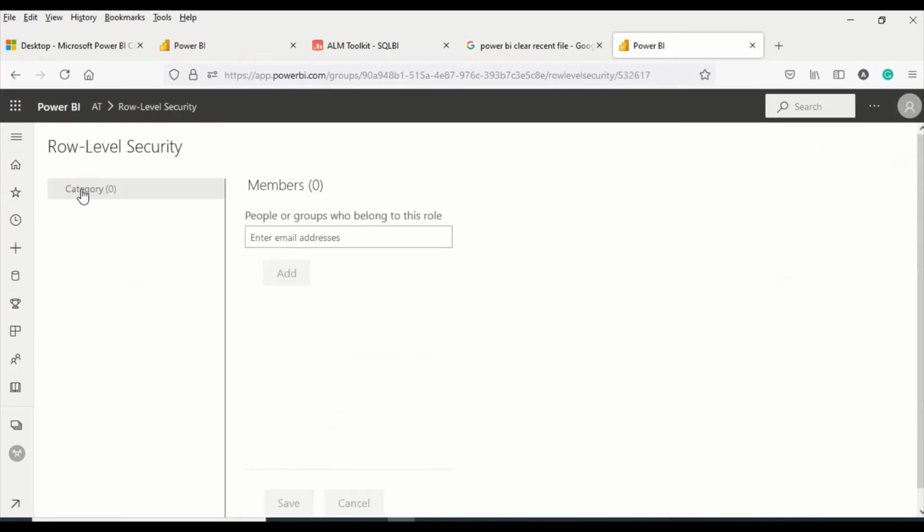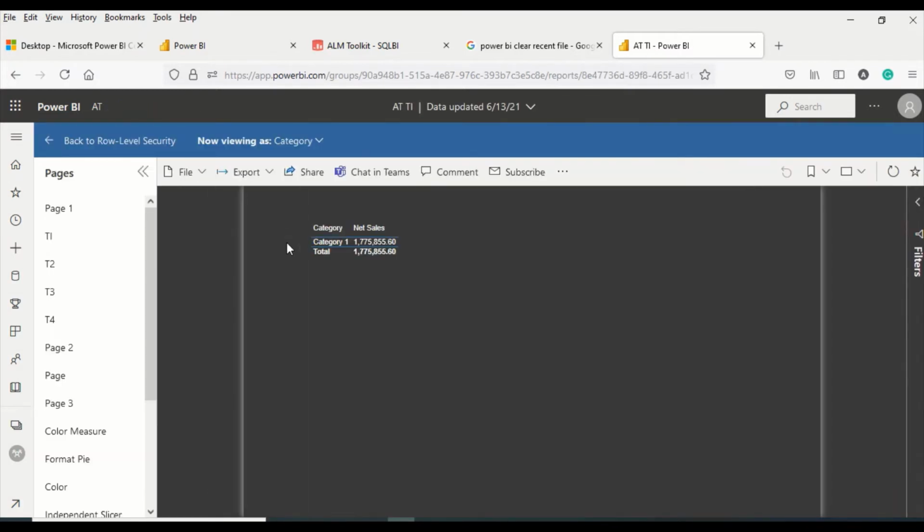And the moment I go to the security, it shows me this category, the new role which I created in Power BI Desktop. And that's what you have to do. You have to make sure that in Power BI Desktop, you create certain roles, and those roles will come out here. And I say test as a role. So if I click on the test as role, now I have actually saved it on the last page where I was showing to you. Now I can see this report filtered with this one.